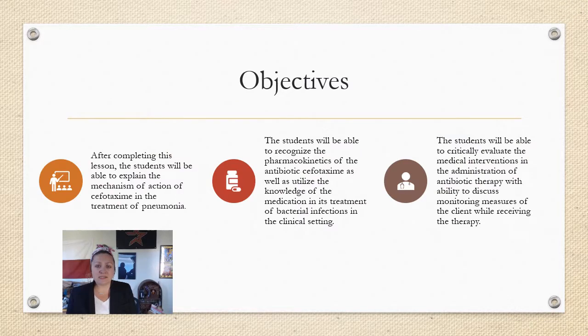Adequately comprehending the disease process and its origins, as well as the medical treatment options, will enable the learner to utilize the gained knowledge in the treatment of the patient with the best possible outcomes in the healthcare setting. The objectives of this lecture are that after completing this lesson, the students will be able to explain the mechanism of action of cefotaxime in the treatment,